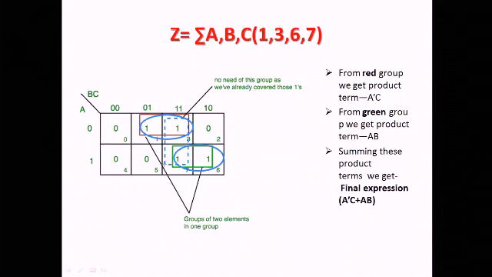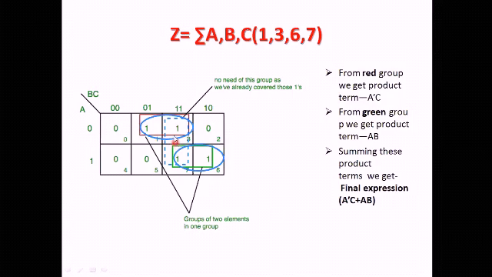So there is no need of this pairing. Why don't we need this pair? Because this one is already paired with this one. Again, this one is already paired. So all these ones have already been covered. So no need to do the pairing again like this. If you do more and more pairing, the number of terms will increase. So we will be looking for the minimum terms.